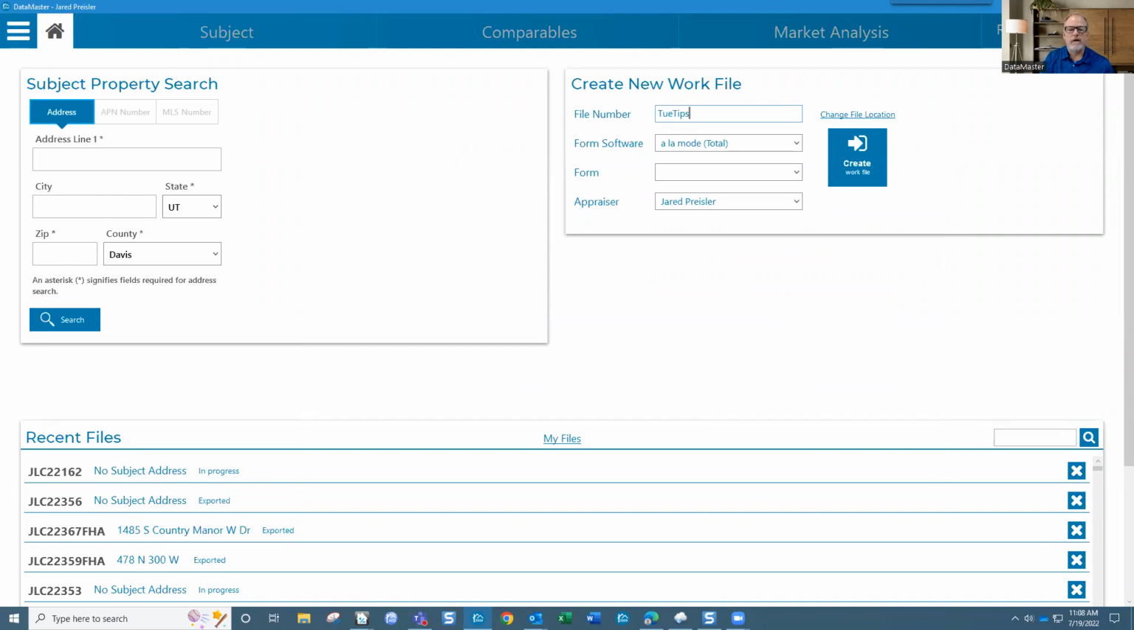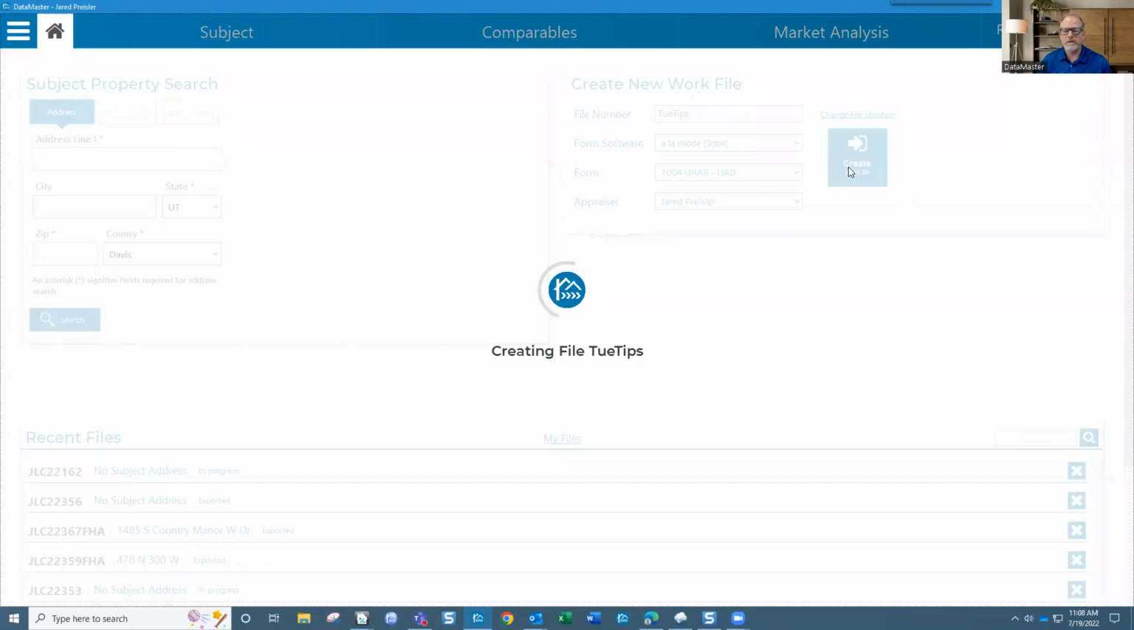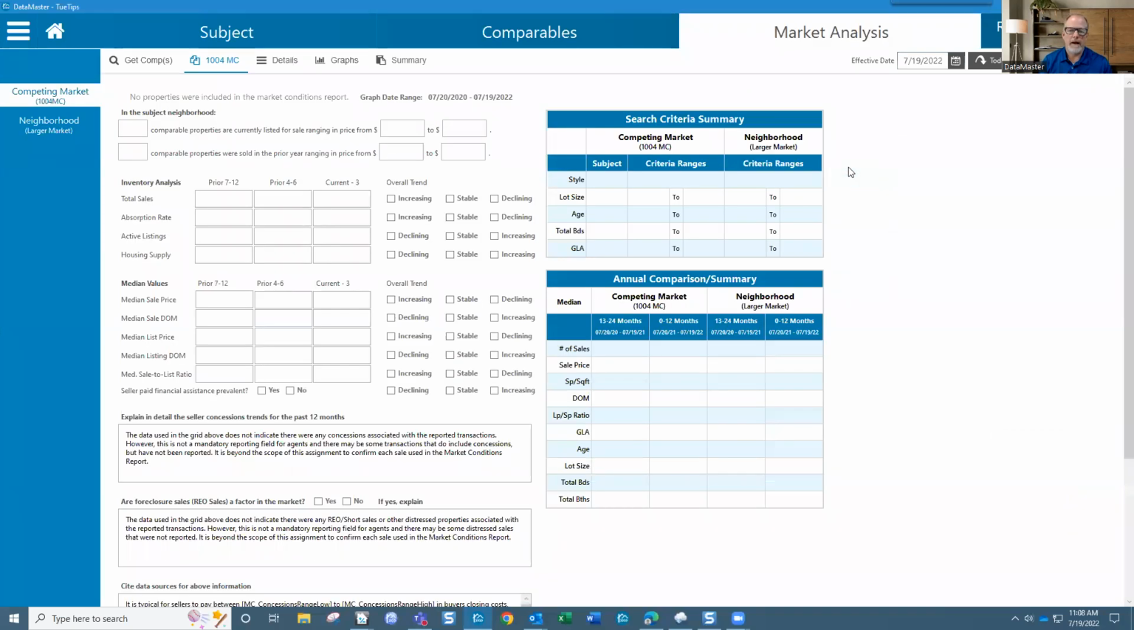So I'm going to start a new file here. We're just going to work with the 1004. You can select the different appraisers that may be associated with your office. And I have mine set to market analysis. And one of the things that I wanted to show you today was how you can use this market analysis section to help you with some of your analytics,